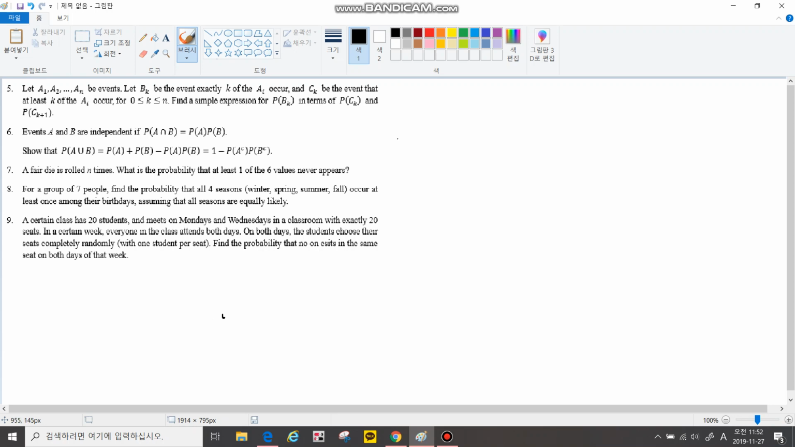Right, number 6, it says events A and B are independent, right? And then P(A ∩ B) is P(A) times P(B). Show that P(A ∪ B) is P(A) plus P(B) minus P(A) times P(B), and 1 minus, and then we need to show that these two are exactly equal, right? Then first of all,